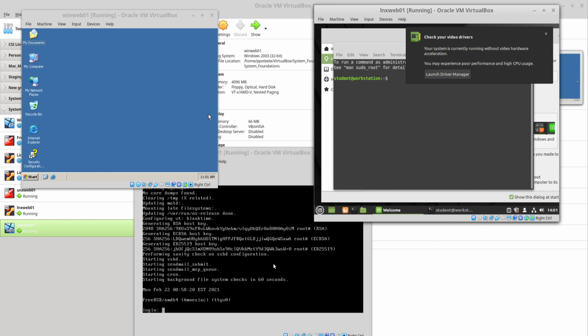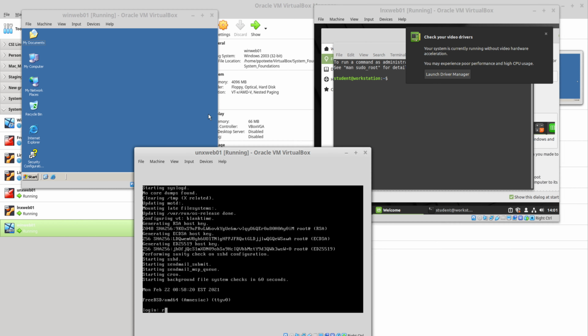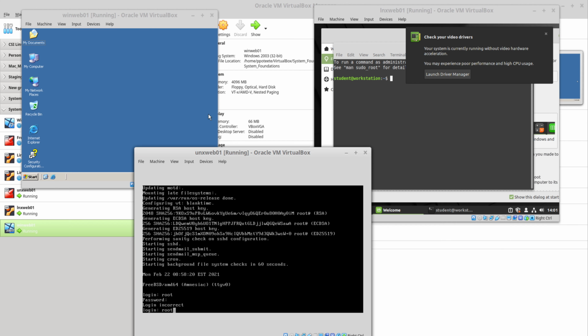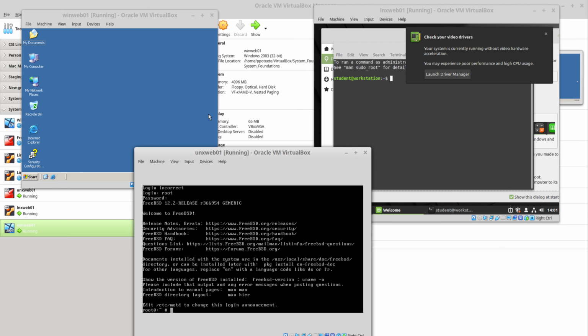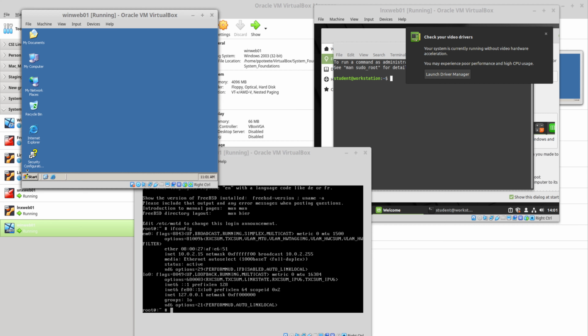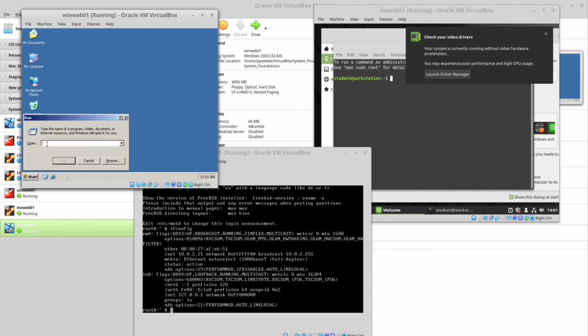Then over in our FreeBSD box, we can go ahead and log in as root with the password of password. Now remember, on the Unix and Linux systems, the password will not be echoed to the screen. So now we're in. You can look at the ifconfig. We all have the same IP address, so we cannot see each other. That's 10.0.2.15. If we go over to the Windows box, and on the Windows box, we pop into start, run,